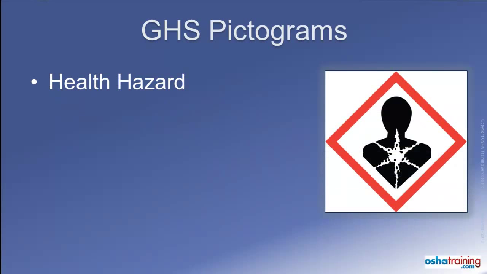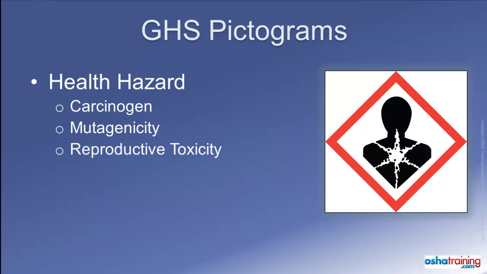The health hazard pictogram identifies toxic chemicals and products that can cause health problems over a long period of time, such as carcinogens, which can lead to cancer, mutagens, which can cause alterations in your DNA and affect your offspring, reproductive hazards, which could affect the ability of men and women to have healthy children, respiratory sensitizers, which could cause you to